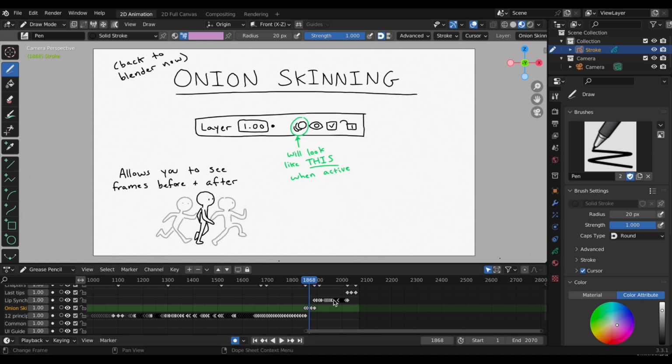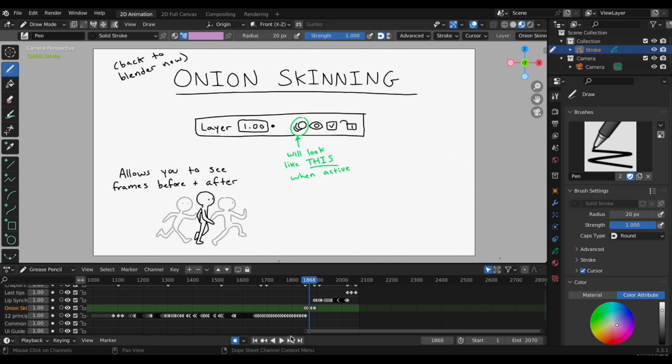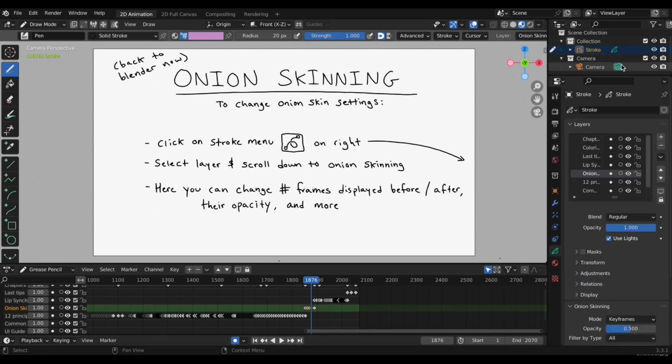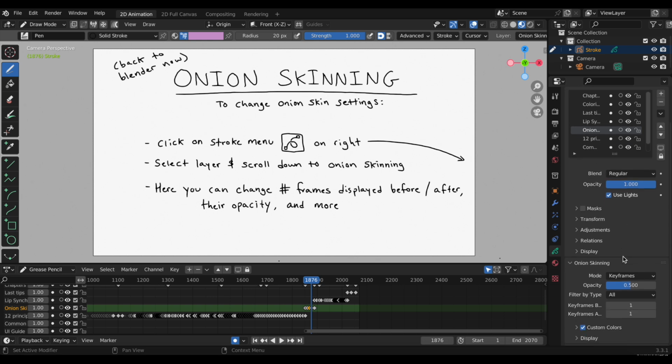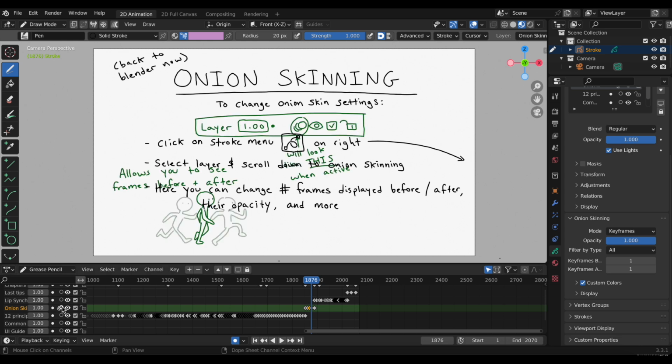So onion skinning displays it like this down here. I have a little example for you. When it's on, it will look like this, where there are those little three guys coming through. So it's a good way to track your motions. If you want to alter how you onion skin, you come over to the stroke menu. You would click this, and this will open up this little menu down here, which is the stroke menu. Here you're going to see there are different layers, but you can scroll down to the bottom and you'll see onion skinning. It details the opacity that you can set onion skinning to. So now if I turn it on, it'll be really bright. See,